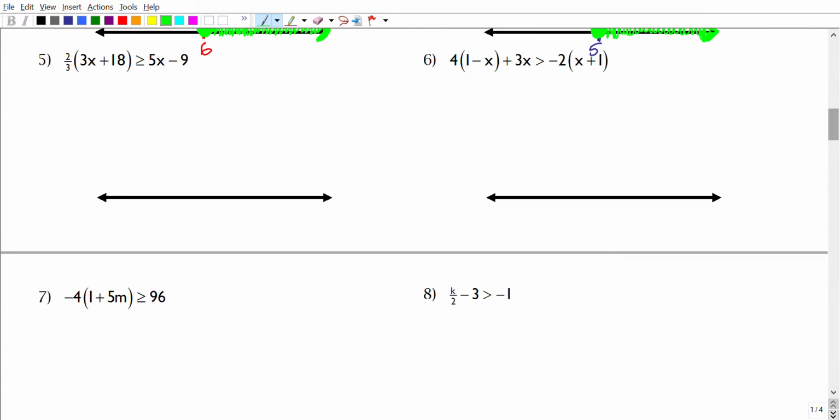Let's go ahead and distribute. 2/3 times 3x is actually a 2x. 2/3 times 18, so 2 times 18 is 36. 36 divided by 3 is a positive 12, greater than or equal to 5x minus 9. Now, let's move our